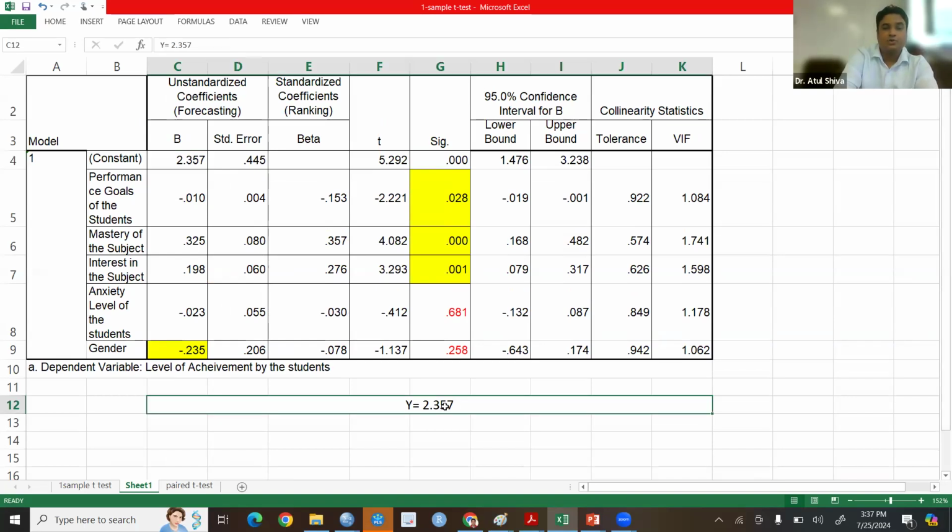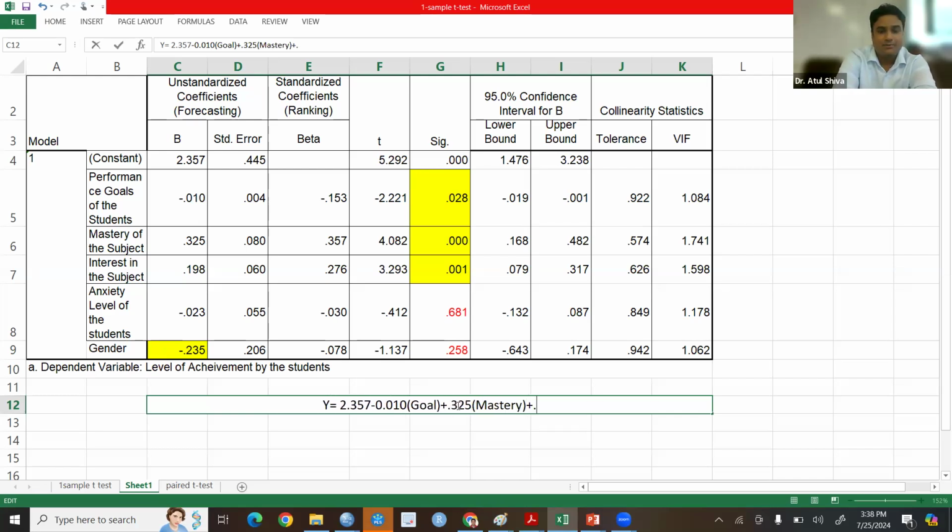Y is equal to 2.357. Next beta is what? Minus, so I will write minus 0.010, and in the bracket I will write performance goal. Next beta is positive, plus 0.325 multiplied by mastery,